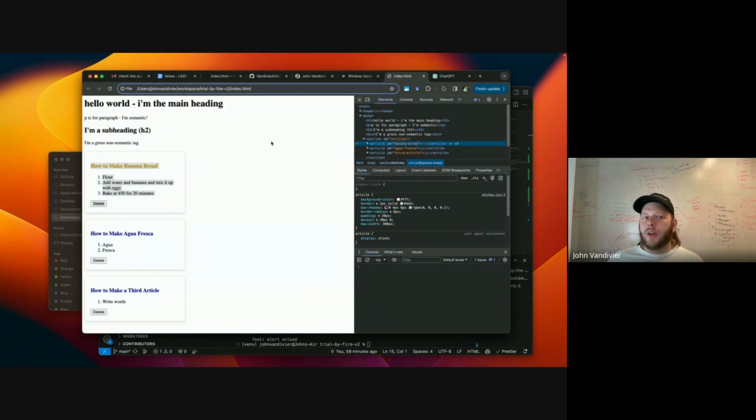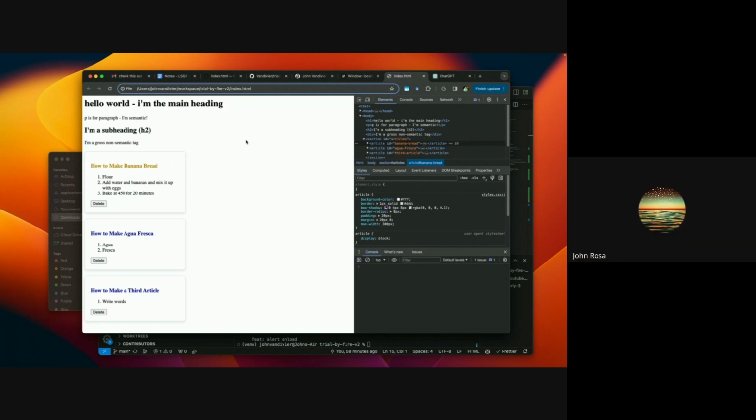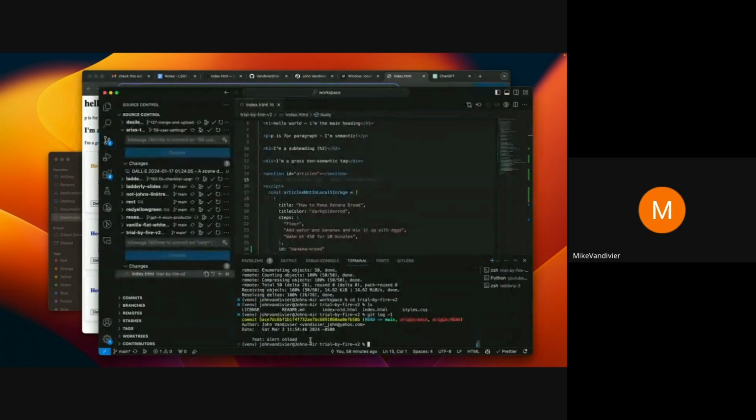Cool. I think we are pretty much at time. Any other questions before we wrap up? No? We're all going to have local storage working next time? Fingers crossed. You know, that's the point. Yeah. That's the goal.